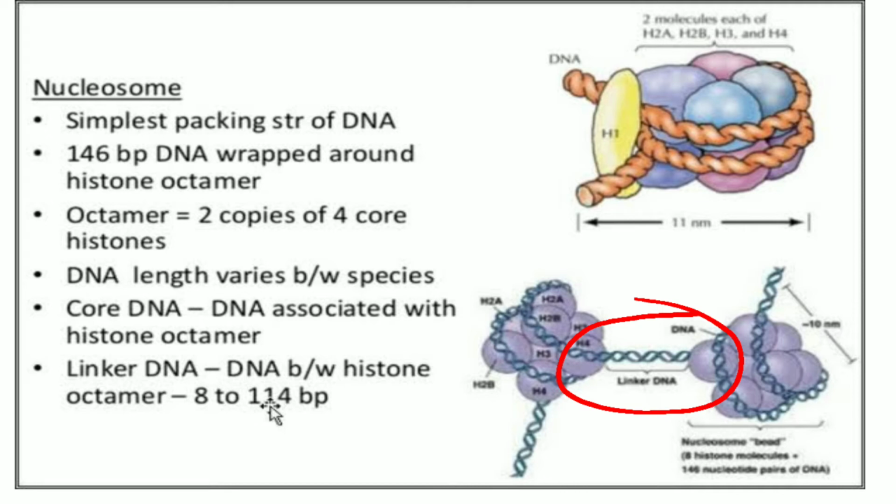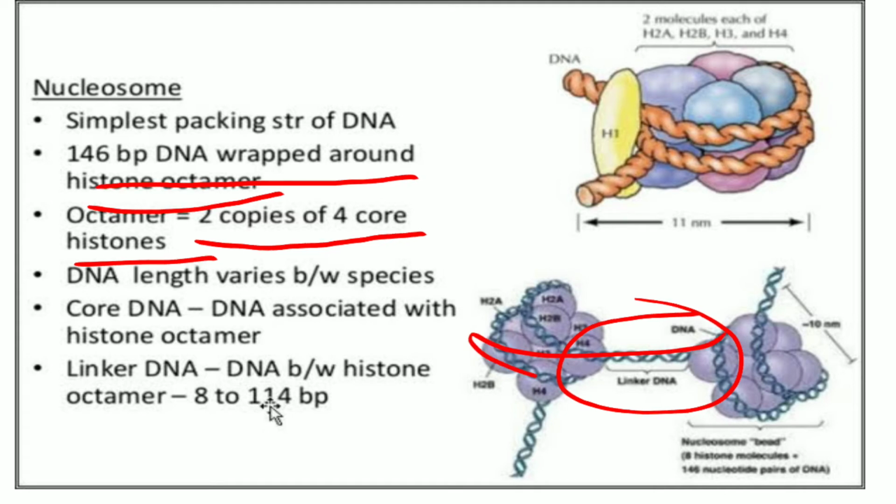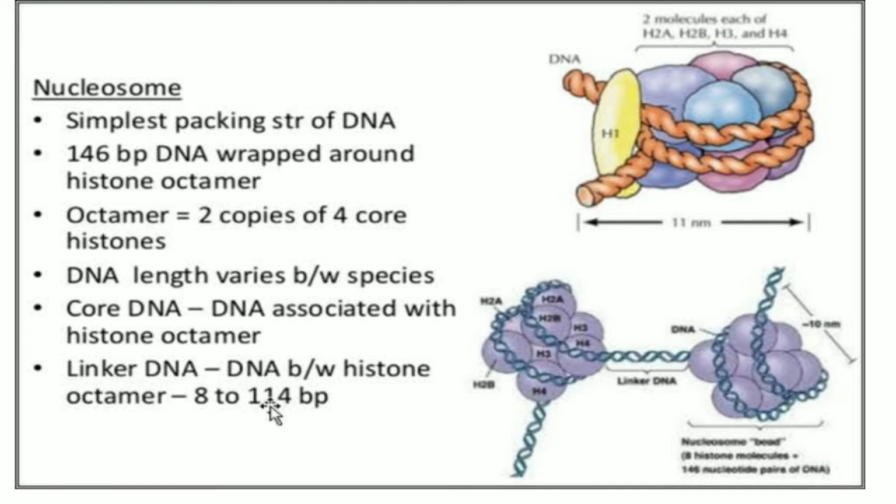That is about 146 base pairs wrapped around the histone molecules, around the octamer, which consists of two copies of four histone molecules, and along with the linker molecule it consists of about 200 base pairs. This term nucleosome was actually given by P. Oudet in 1975 for these repeating units which were visible under the electron microscope.